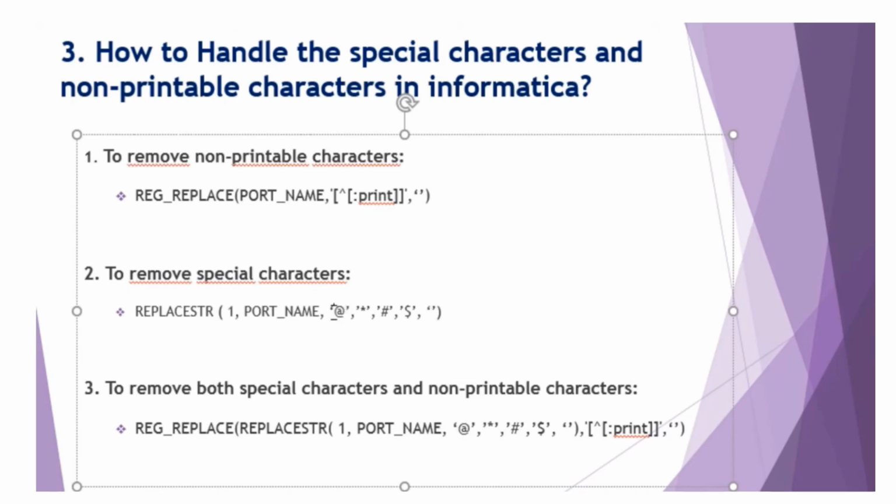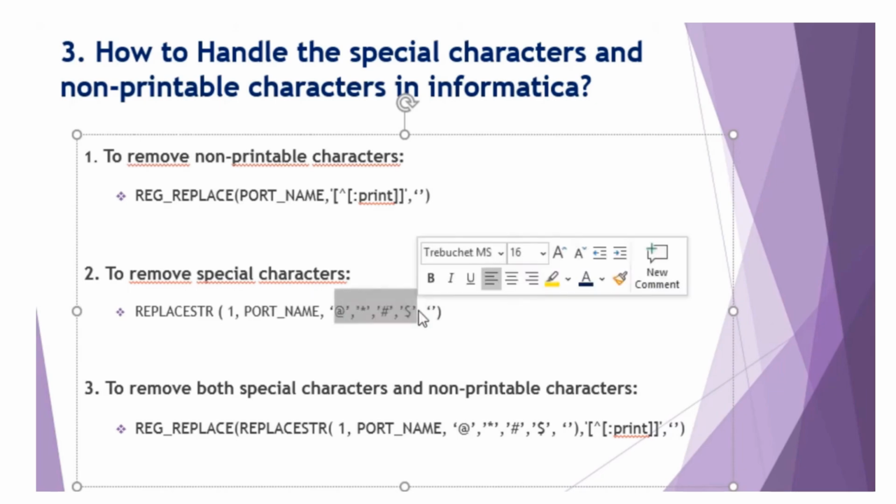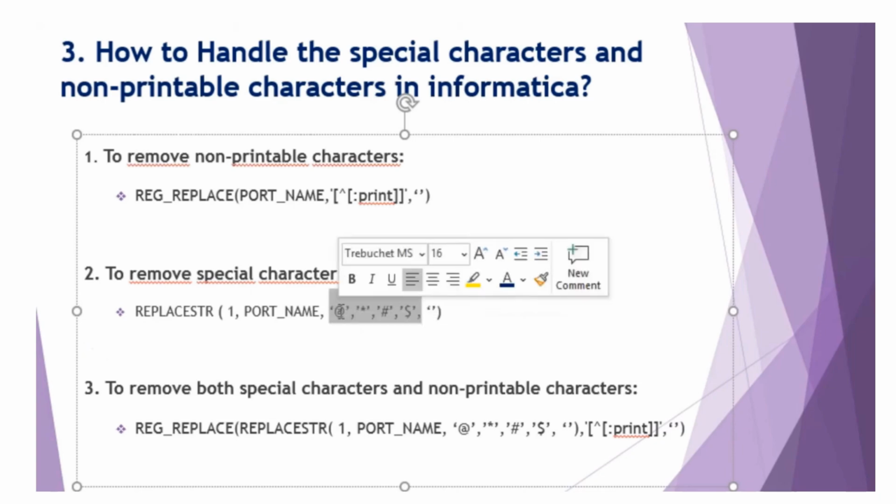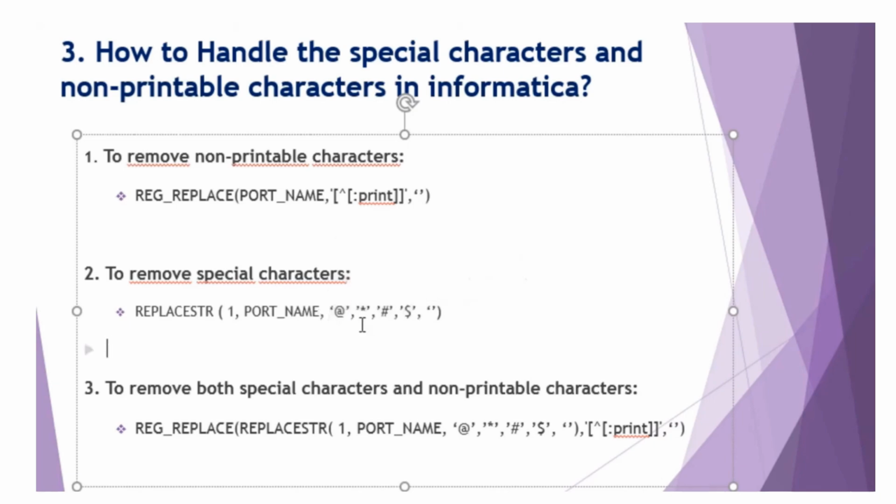That's why I'm just passing the special characters only. Normally we can use this function to replace any other strings also. Suppose I want to remove the ABC string in the port name. If we find the ABC string anywhere, and I want to remove that ABC string